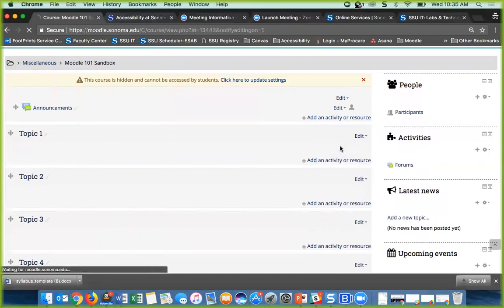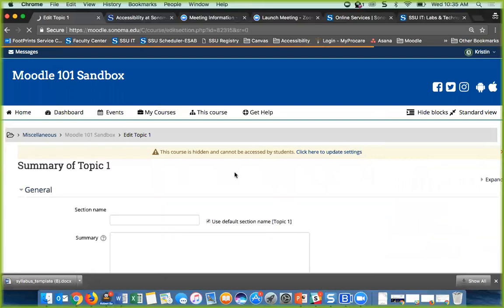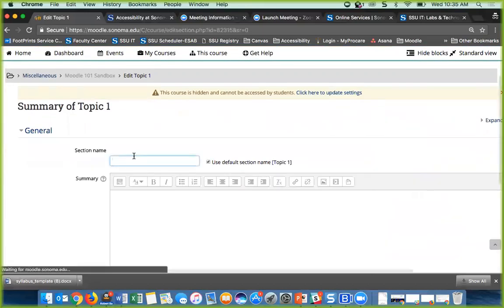And if I edit the topic, again, I haven't uploaded anything, I'm just setting myself up for success here. You're like, wait, I can't type into this, it's not letting me. That's because this little button is selected. It wants you to use the default topic of topic 1. So you could, but if you want to customize this and give it your own name,